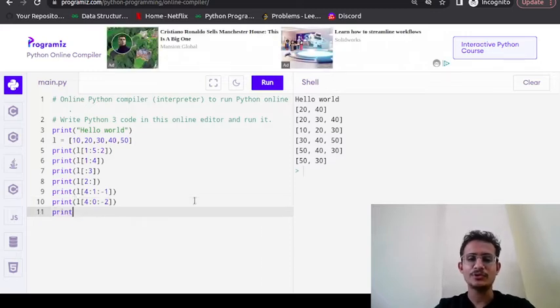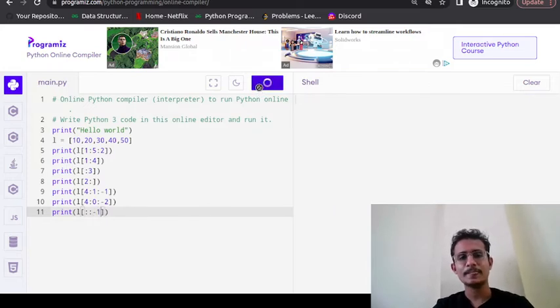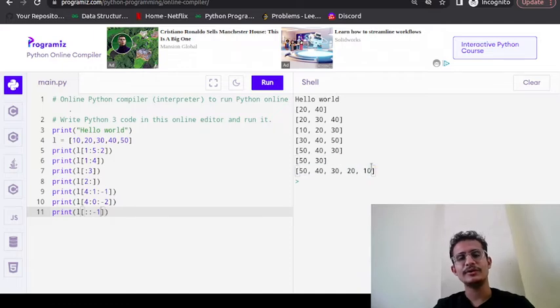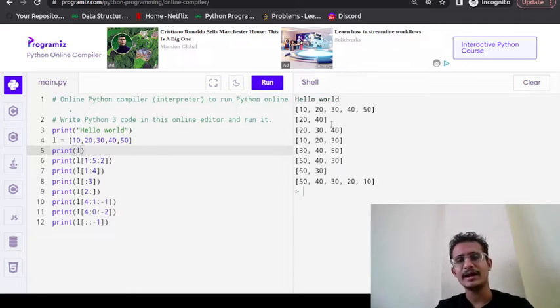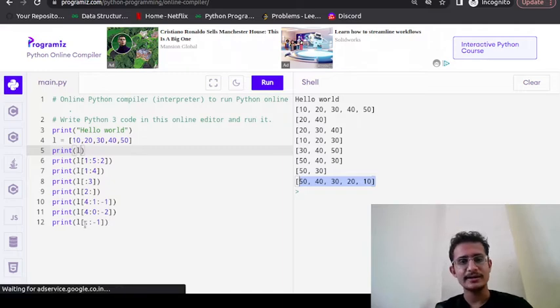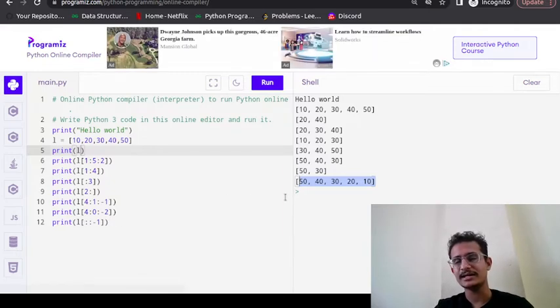Okay, now suppose if you want to reverse a list, so directly a syntax is there, starting point is empty, ending point is empty, write -1. It will reverse the list. So if someone asks you the list is 10 to 50 and what we need to do, we need to reverse the list. So what is the syntax? Starting point, ending point both are empty because we want to do the reverse of entire list and do -1. So it will reverse the list.